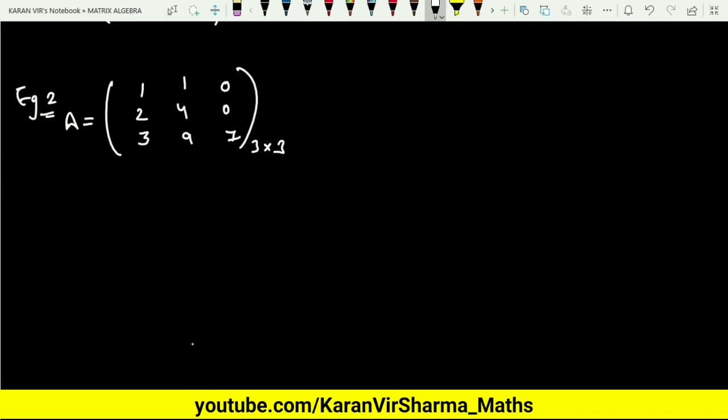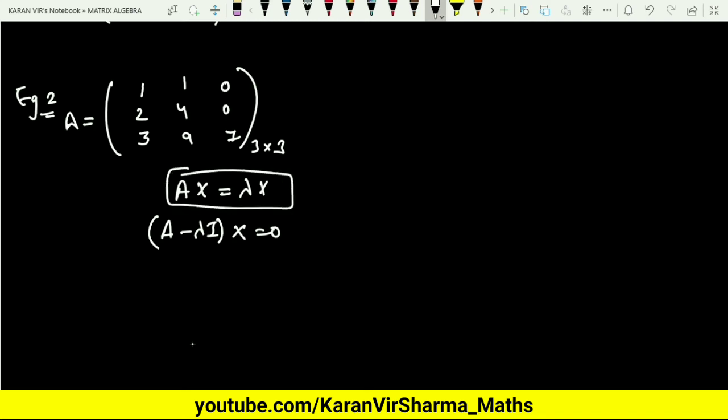So this is a matrix A, which is a 3 cross 3 matrix. We are interested in calculating the eigenvalues for this matrix. We know that for eigenvalues, Ax equals lambda x, and then we do (A minus lambda I) x equals 0, and for a non-trivial solution we put the determinant of A minus lambda I equals 0. So what you need to do in this case, remembering this equation, is multiply A with e1. These ei's are the usual basis vectors which I have already taught you in my linear algebra course. You can visit my linear algebra course there.